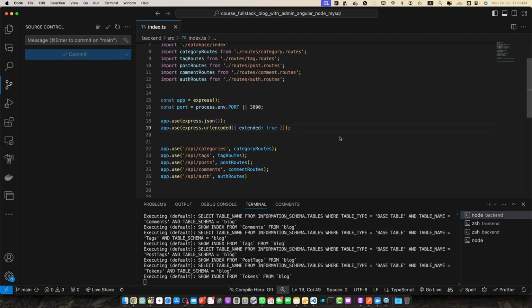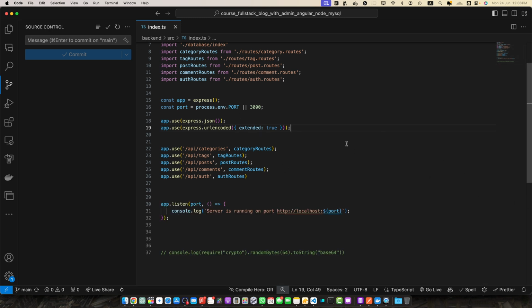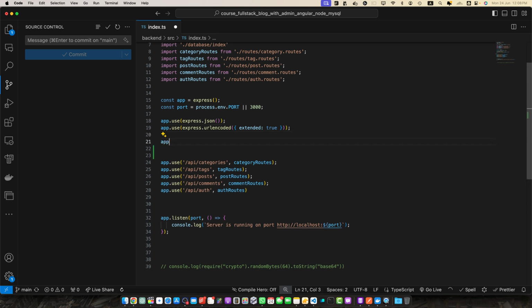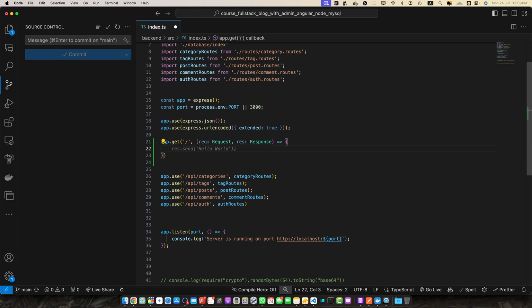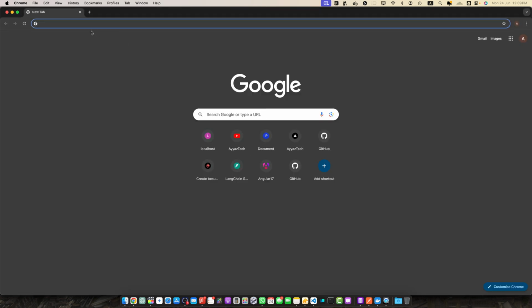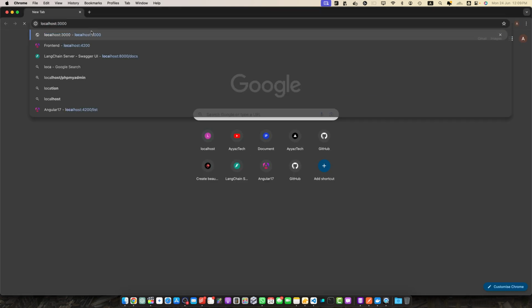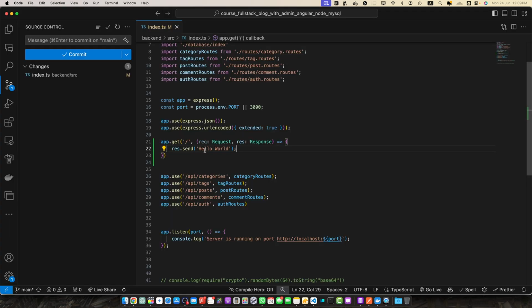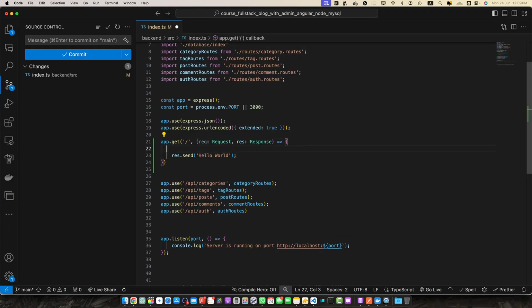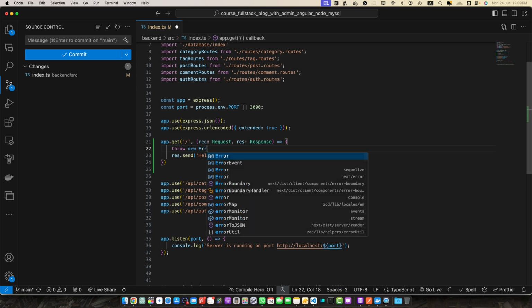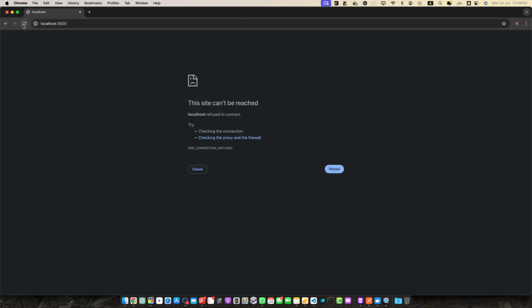So here on the index.ts file, I will define an endpoint, app.get, and here I will pass a callback function that will have both request and response parameters. Now I will simply send a response to the client just to test it. So let's open that endpoint, localhost 3000, and we got the hello world. Now I will just throw the error here, throw new Error, save it,